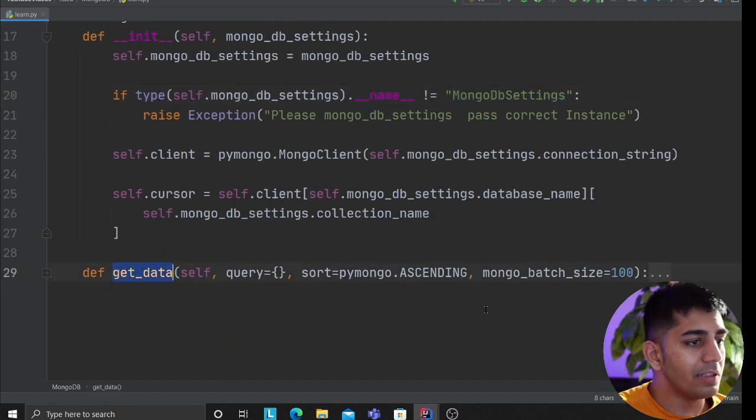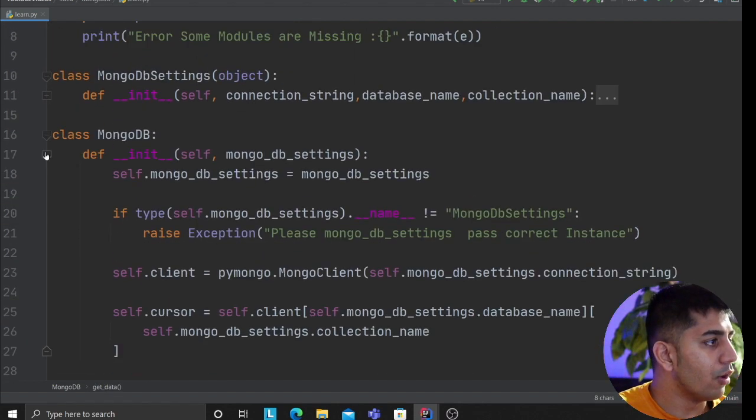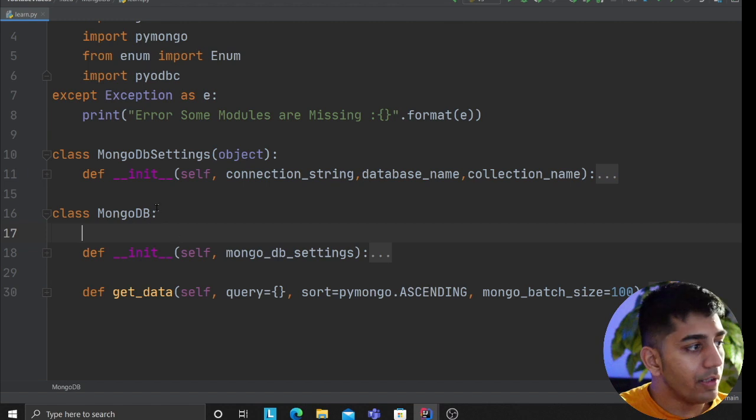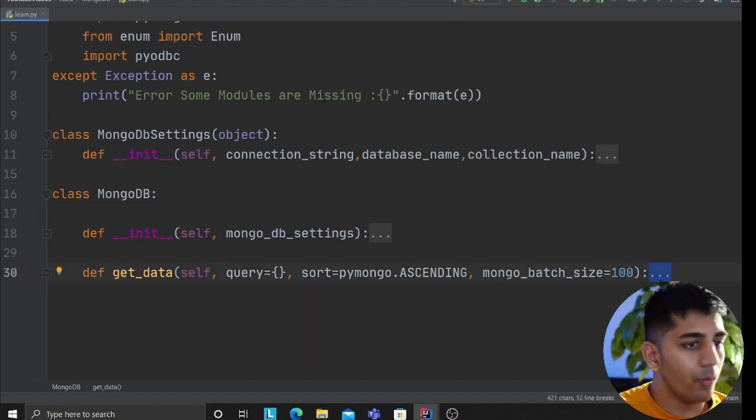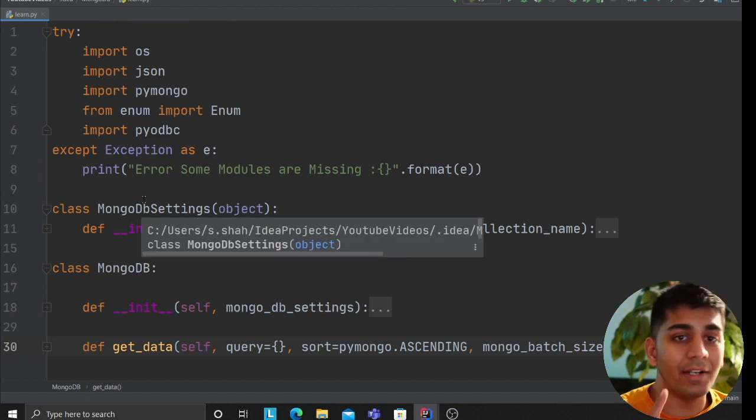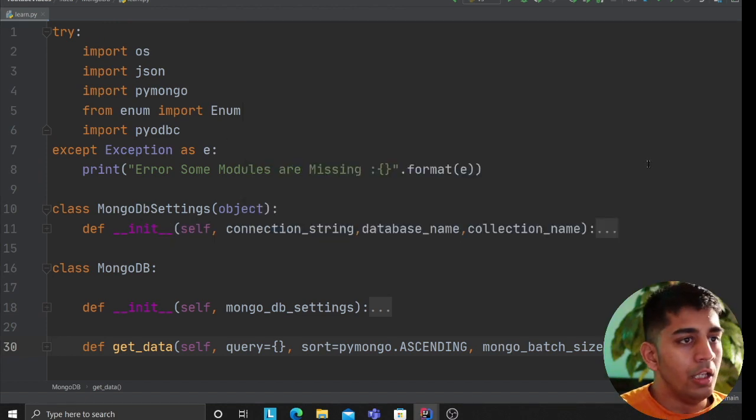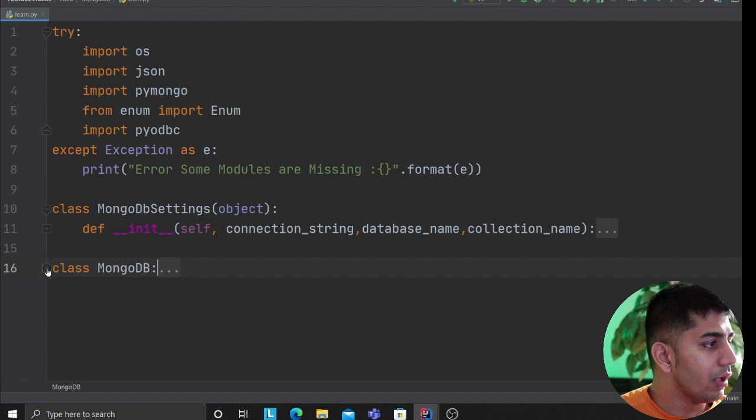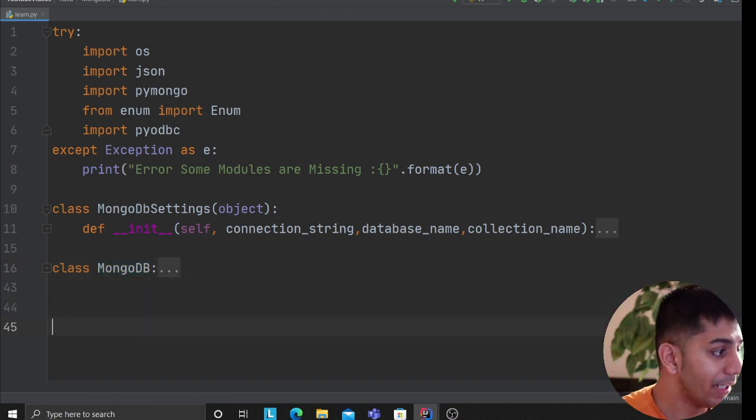And after that, I simply have a get method that gets data from MongoDB. Remember, I just said, what is written inside is not important at this point. What I'm showing you is the design pattern, that's what's important, okay? So at this point, I have a class called MongoDB settings. I have a class called MongoDB, right? Now, here is the concept of connector that I love to use. I've been using it a lot in my company as well. So what's the connector concept here?